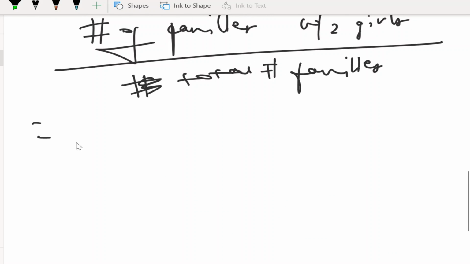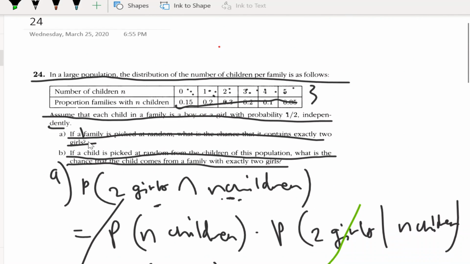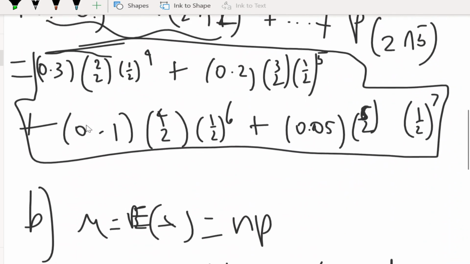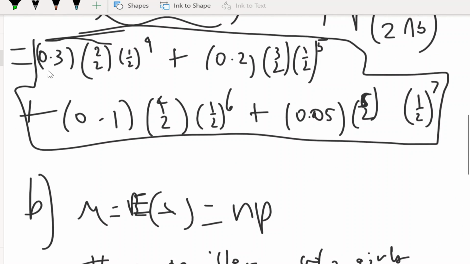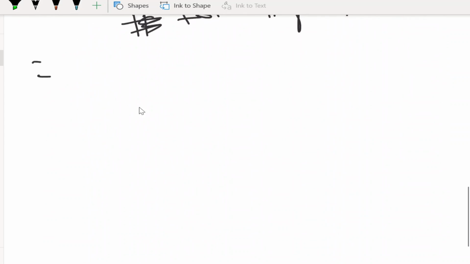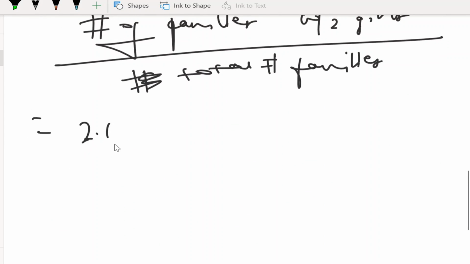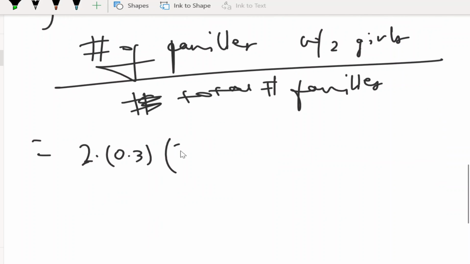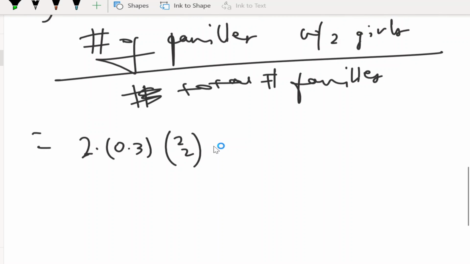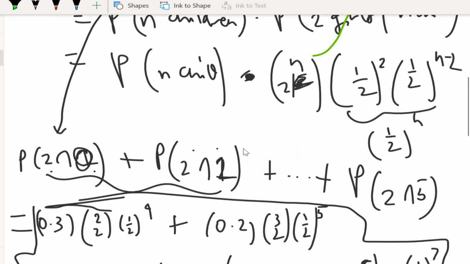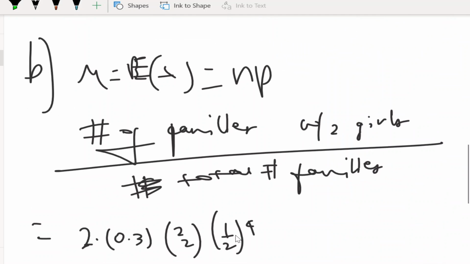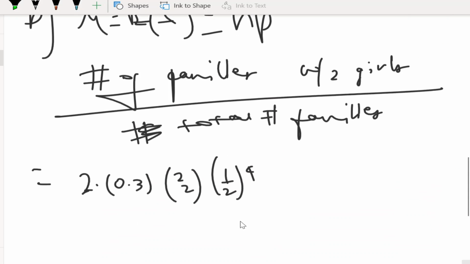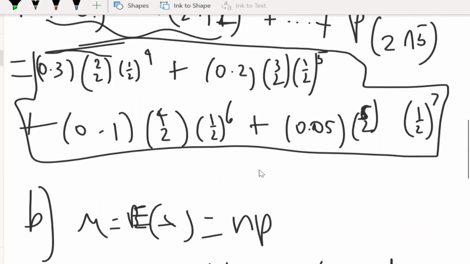I think that formula is fairly self-explanatory, and we can calculate it pretty easily. So basically, we take this as our p and the np, and then we just multiply by the total number of children. So it'd be 2 times 0.3, 2 choose 2, half to the 4th. Remember, this is a subset of that 0.3,